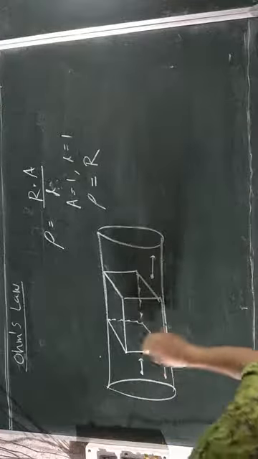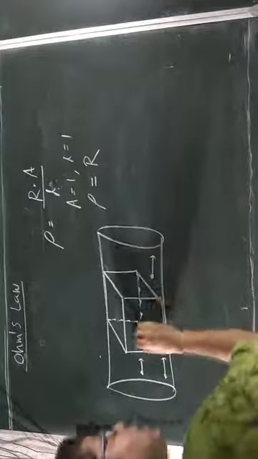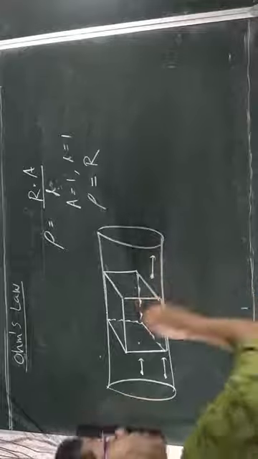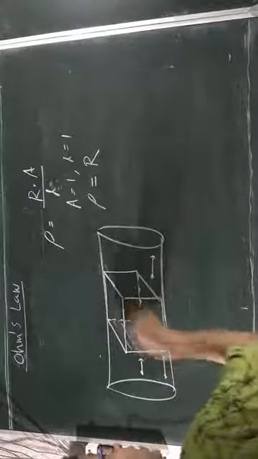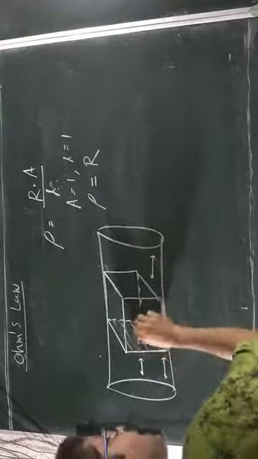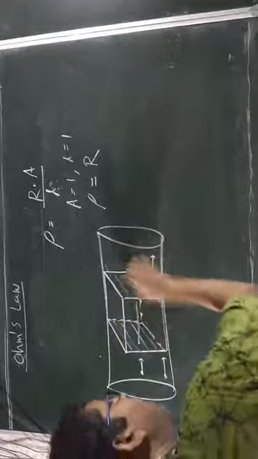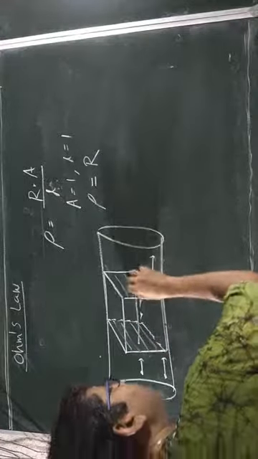So all those free electrons have to travel through this cubical part also. এই কিউবিক্যাল পার্টের এই যে ওয়ালটা আছে, এই ওয়াল দিয়ে বাইরে বেরিয়ে আসতে হবে।